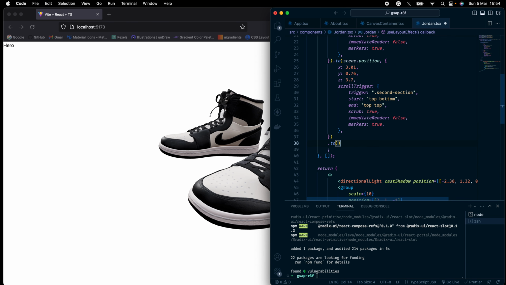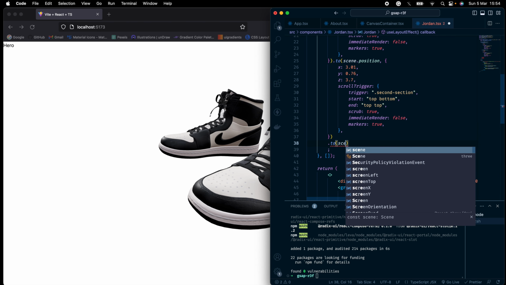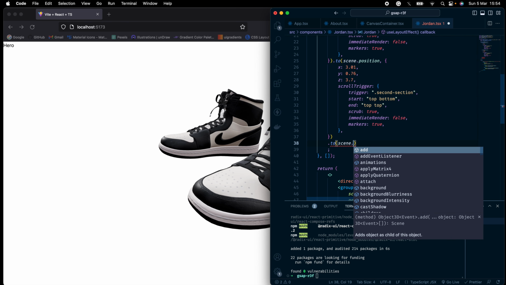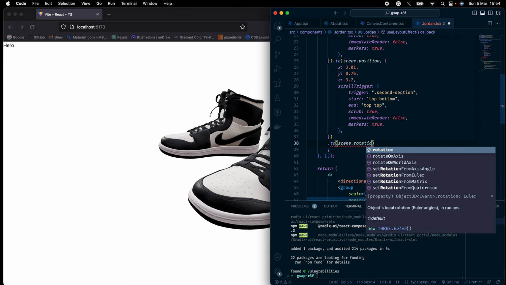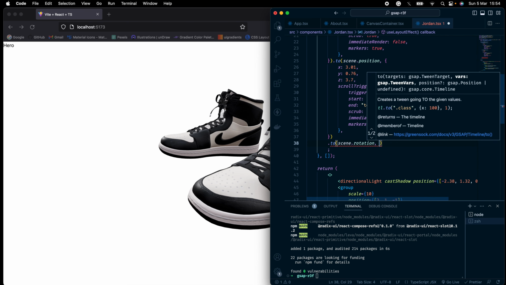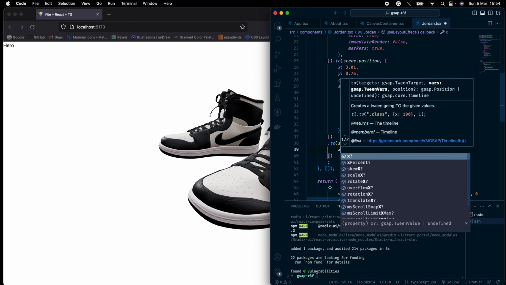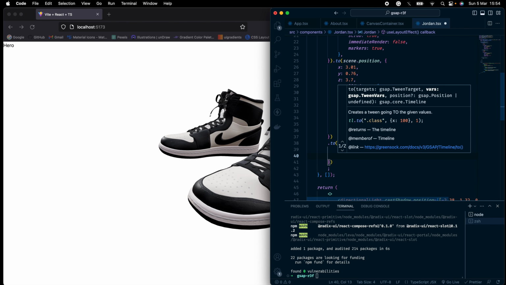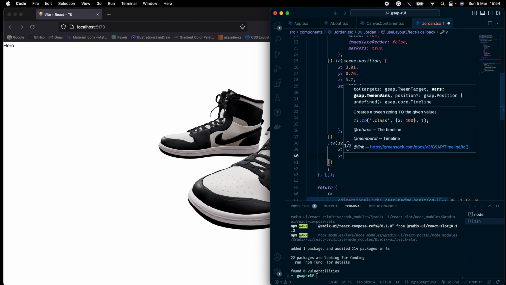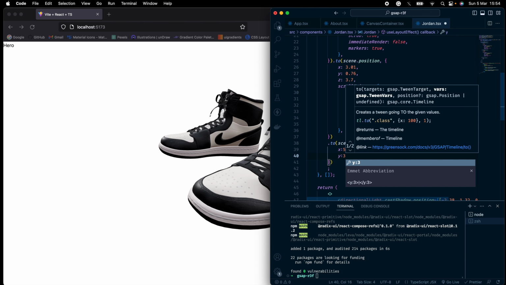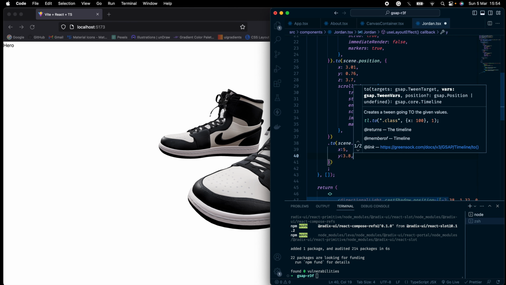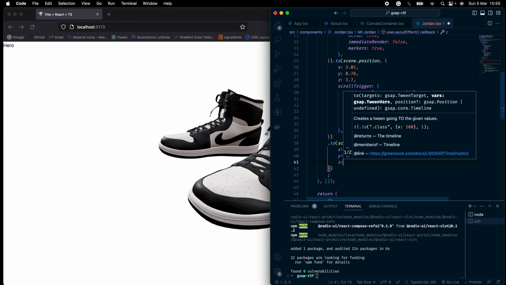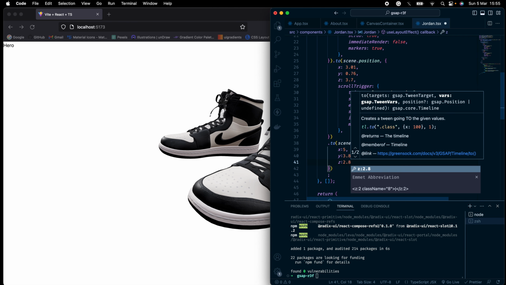This will be for the rotation. scene.rotation, comma, and I give the values in. So values again, x 5, y will be 3.8 and z will be 2.8, and I can